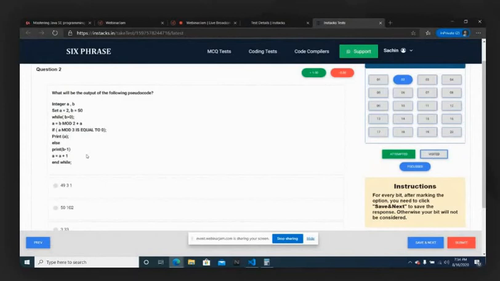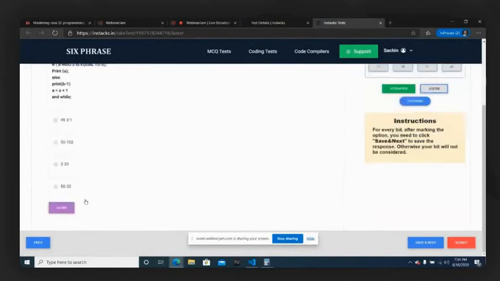When we are not doing any changes to the b value, then this loop will never end, because the b value is not changing. That I will also agree. If infinite loop is given, I could have gone with that. But since there is no infinite loop option for this MCQ, I'm just going with 49, 31.